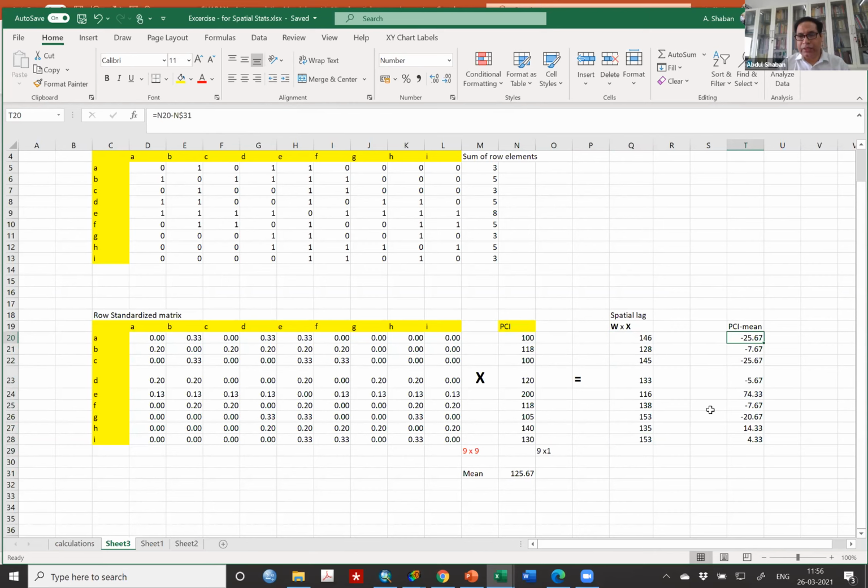Yeah. So you see, I have to compute the mean deviated form of per capita income, that is X. This is the X value, and this is the W matrix. All of you know that this is the X matrix and this is the W matrix. This was one output, the spatial lag of this, but the formula is telling that I need to have the mean deviated value of this. So what I will do, I will calculate the mean.